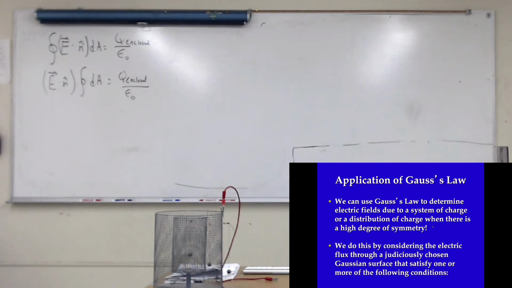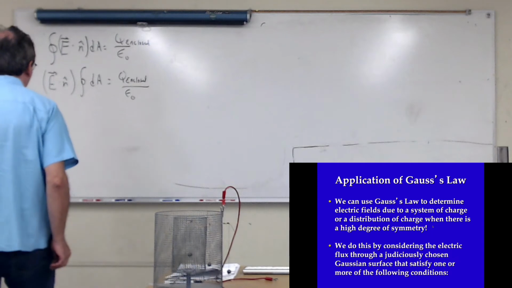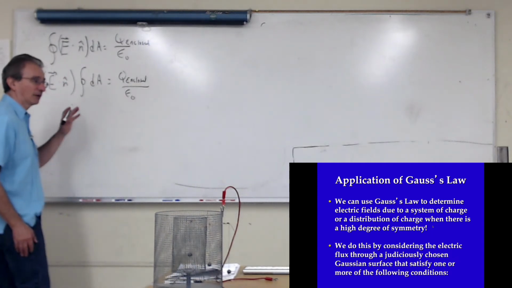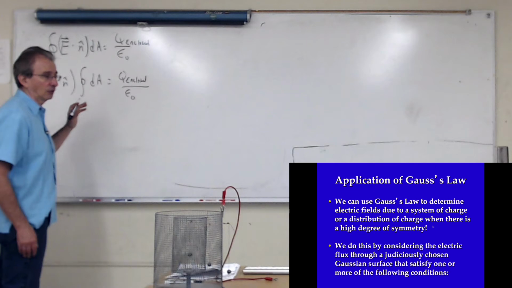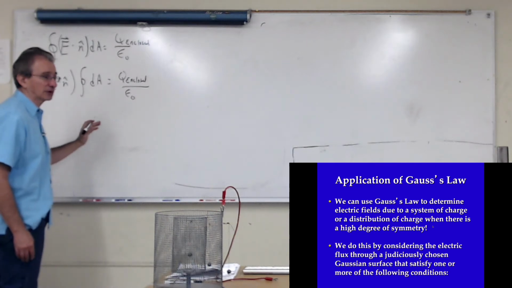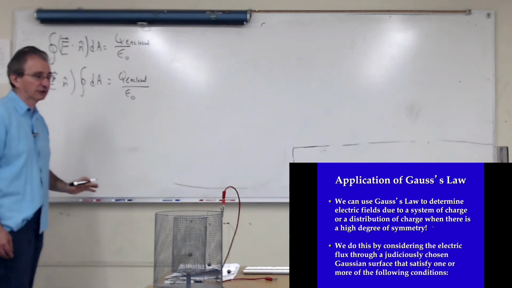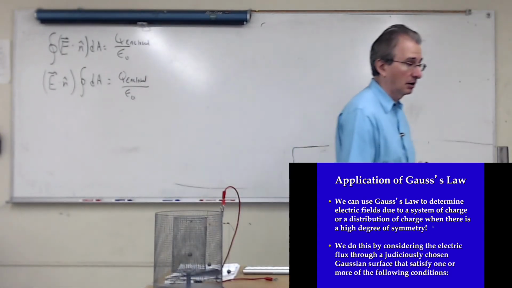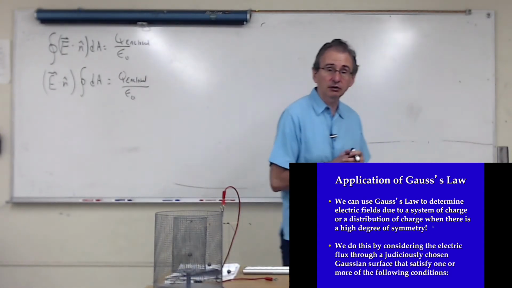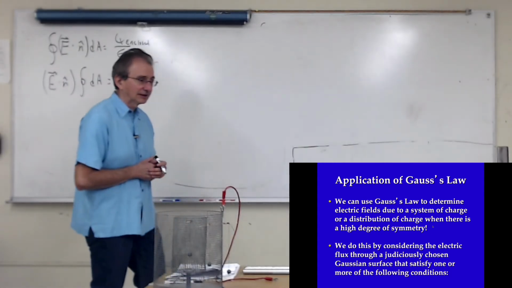Okay? It's always valid. It's an important idea in physics. It's just that it is useful when you have systems that have a high degree of symmetry, because then you can pull the E dot n out and you can solve for E. And those are the problems we're going to look at now. Now, it turns out